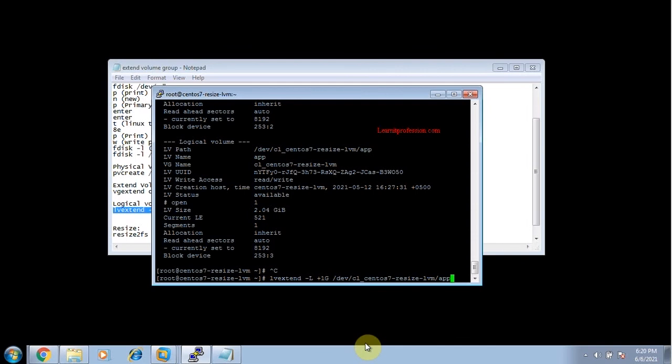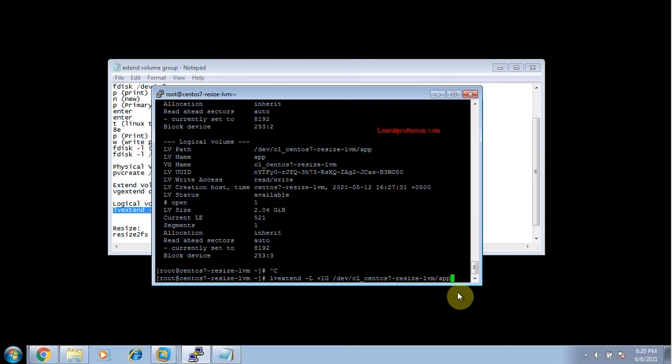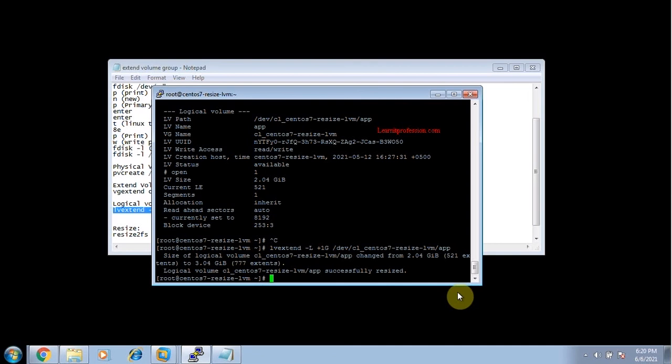Just press enter. Note that before extending, the logical volume size is 2.04 GB. Just press enter. You see that the logical volume app changed from 2.04 GB to 3.04 GB.